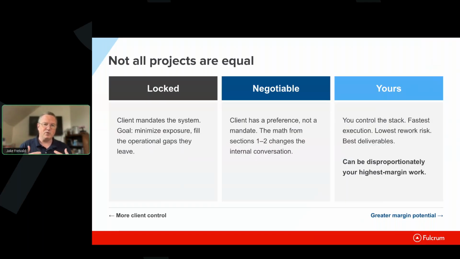As a result, you can charge a little bit more because that differentiation matters enough to the customer that they will pay a little bit more for it. And you are going to be working faster. You're going to have less rework and so on. So these can be disproportionately higher margin than the other kinds of projects. You can turn the 30%, let's say, of the projects where you have complete control of the stack into the highest margin part of the business that you do. Not that you'll turn away the other business, but that's the highest margin part of what you do.